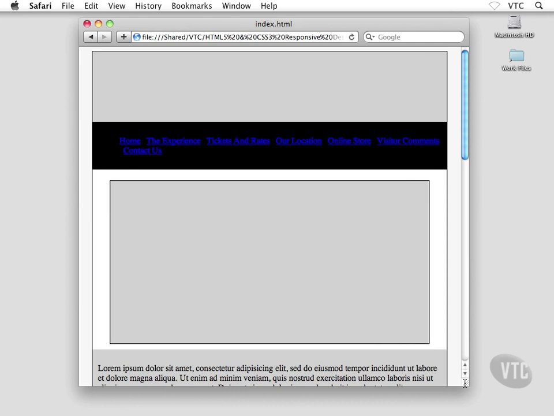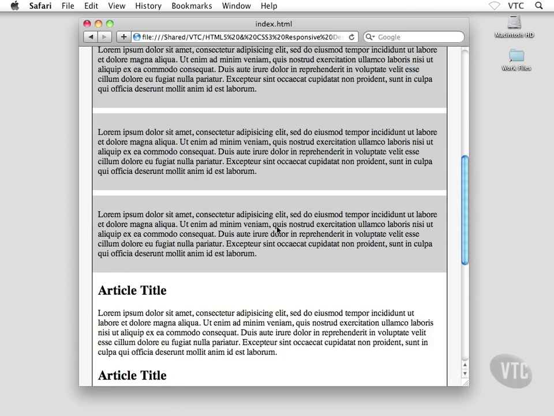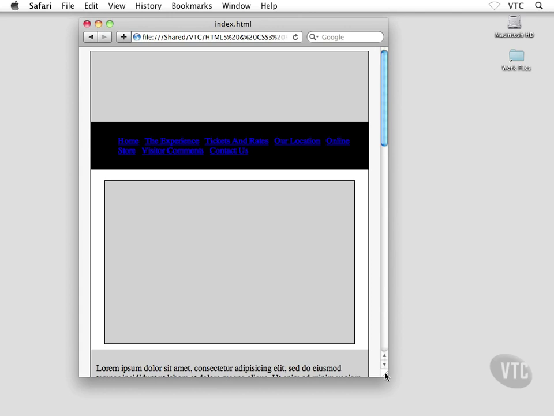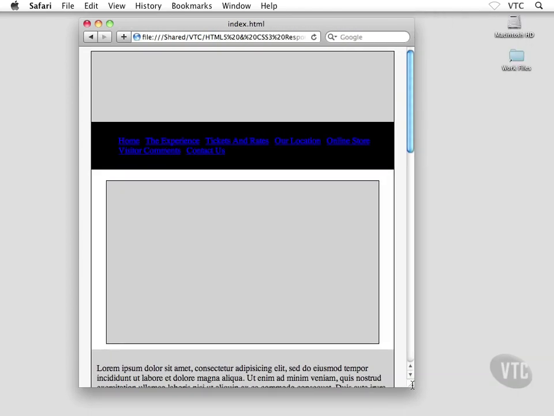Okay, and you'll likely get questions like, well, where's the logo going to go? Well, the logo is going to go where I showed you back when we finished the Photoshop process, right? And they say, well, I want a photo here. I don't want a big gray box. And you say, right, this is the placeholder for the photo. I'm going to drop the photo in there for you, but I just want to make sure that this is functioning the way you want before I take the next step, which is the dress up phase of the design process. Okay, so now that the wireframing is complete for all 3 media queries, all 3 devices,